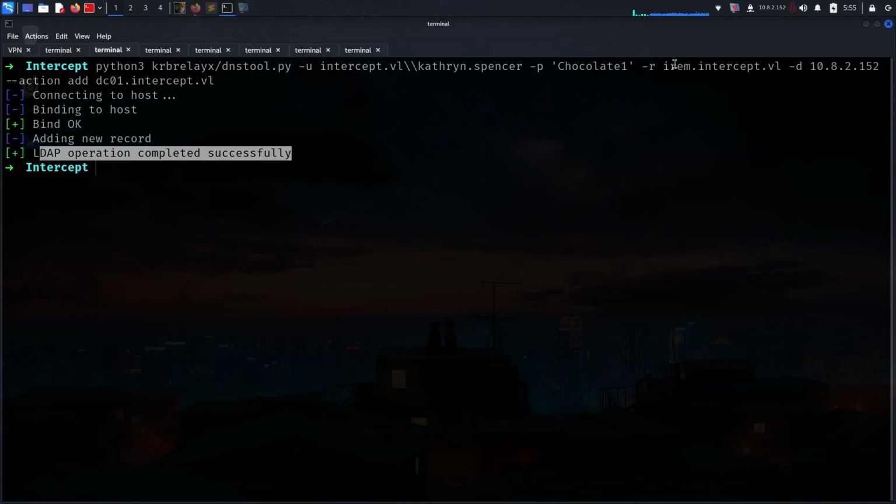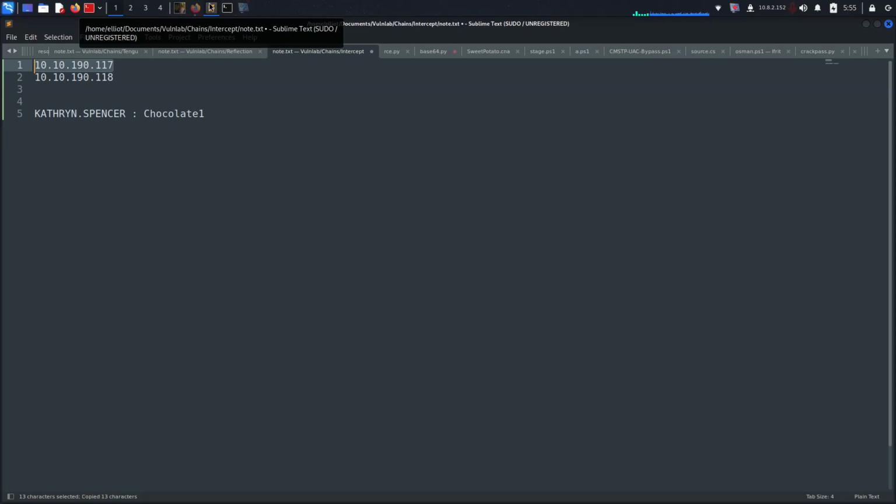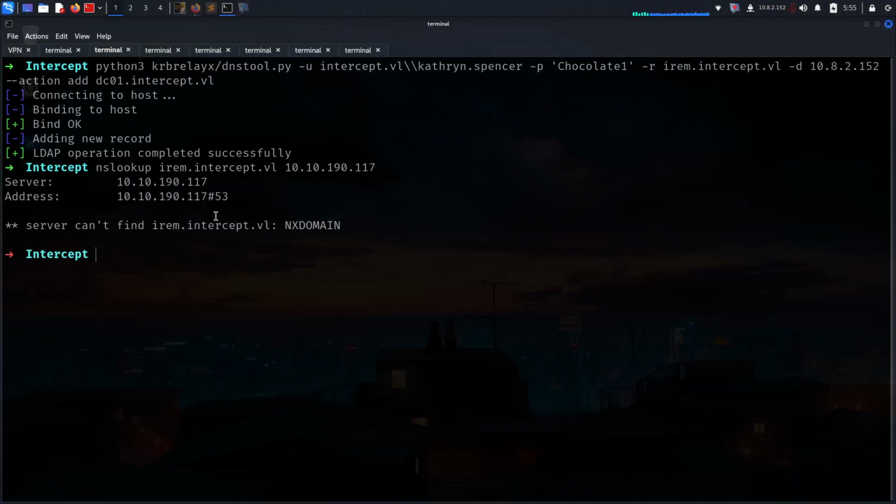So it's adding new records, and the new attacker machine is iram.intercept.vulnlab. If you want to verify it, by the way, you can use nslookup, and the account name you are giving here, intercept.vulnlab, to the IP addresses for sure, which you are giving here. And then, alright, it seems like something different. I don't know why. Anyway,